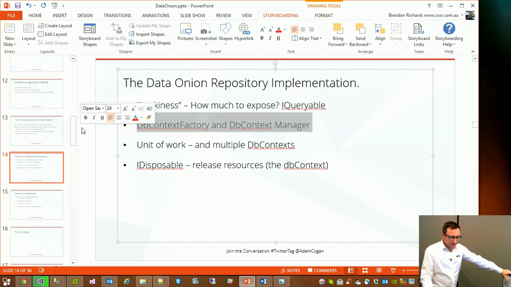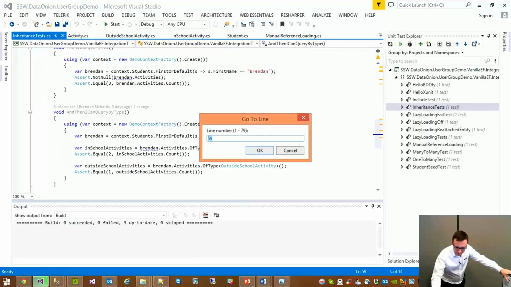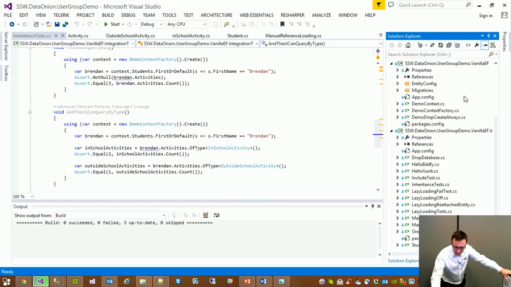So the next thing we looked at was the realization that when you're working with Entity Framework, the most important thing is managing the lifecycle of your DB context. The other thing we found is that Entity Framework itself is a little bit weird in how you configure stuff. You configure stuff with generics. I can show you an example of that actually. If I go to this context factory,